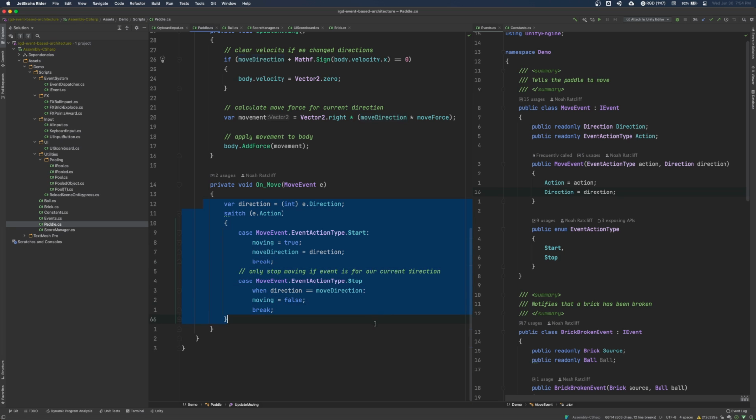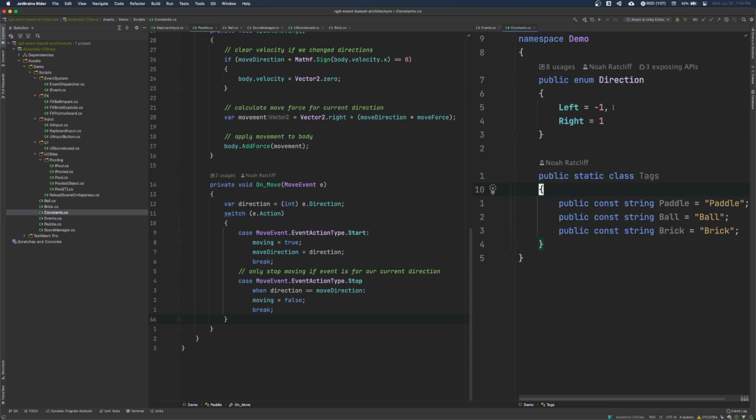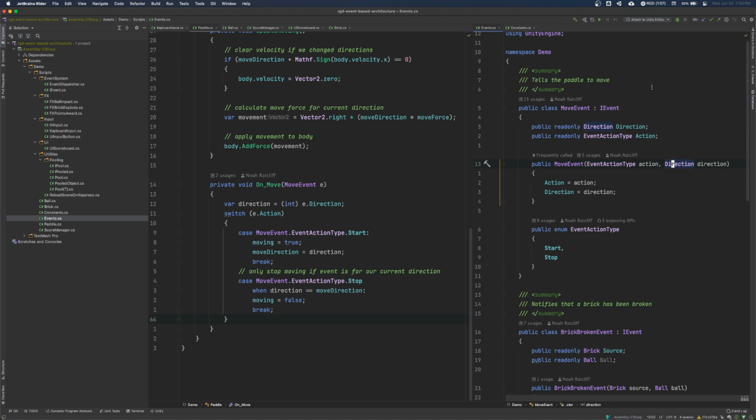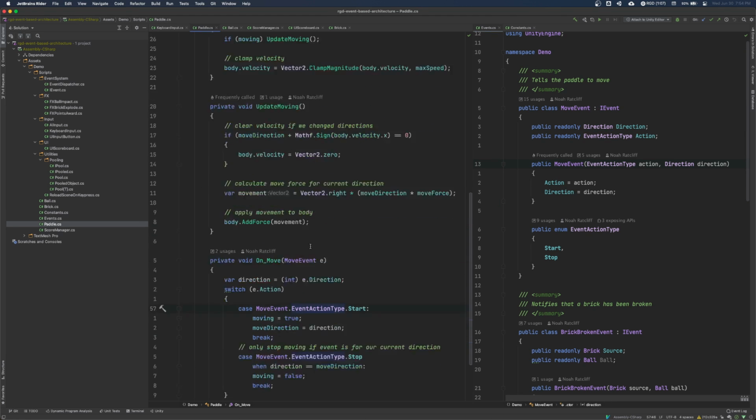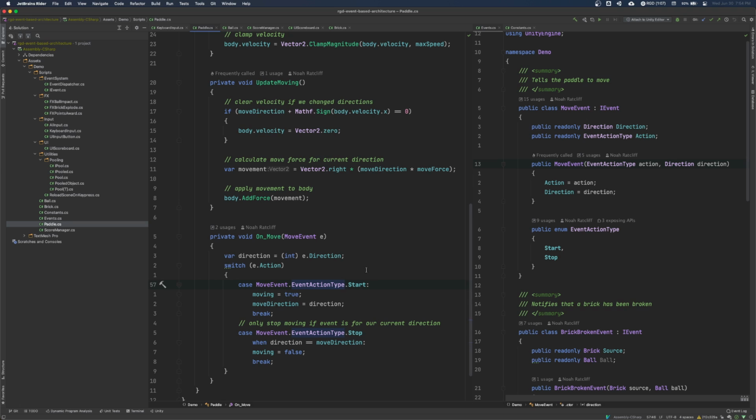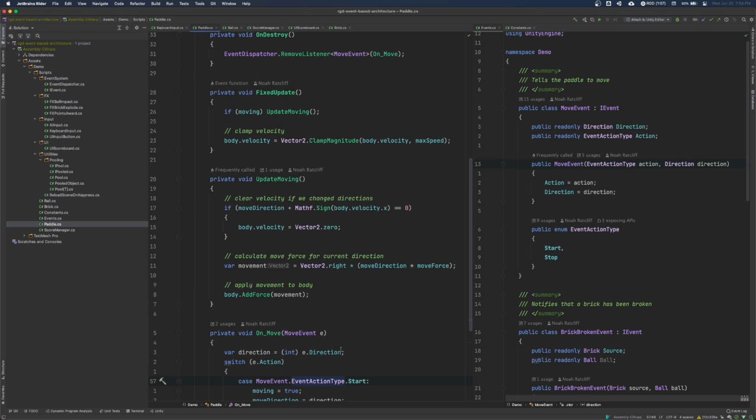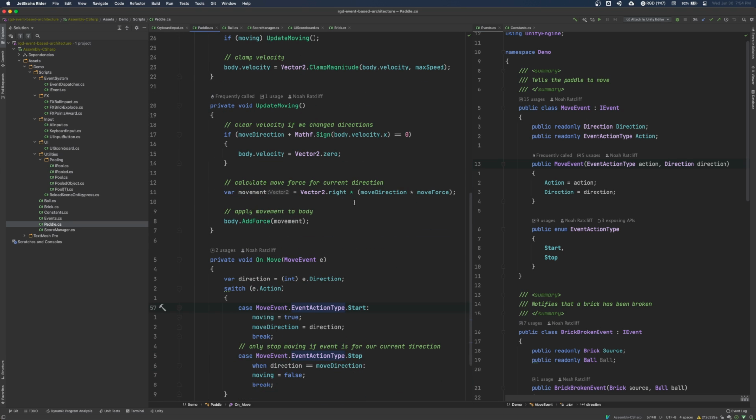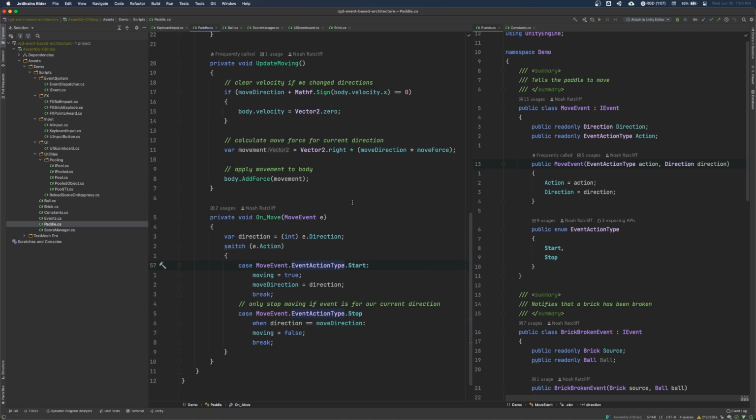So the player takes these two pieces of information, just start or stop and left or right, and converts that into actionable data internally, but whoever is providing a move command doesn't care about where that's coming from, right? So this could be implemented as keyboard input, which is what we have.